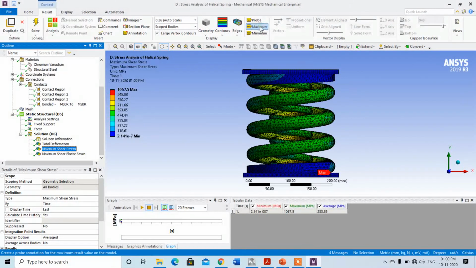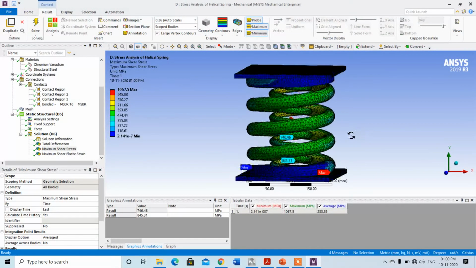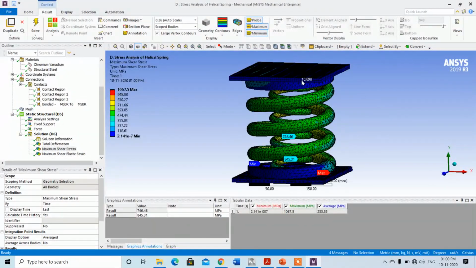We can check maximum, yes, it is at the corner, therefore there is a need to check what is the maximum stress. You can check here the maximum stress induced at the inner diameter of the spring, and mostly if you apply the force from the upper side, the maximum stress is induced at the bottom coils of the spring.